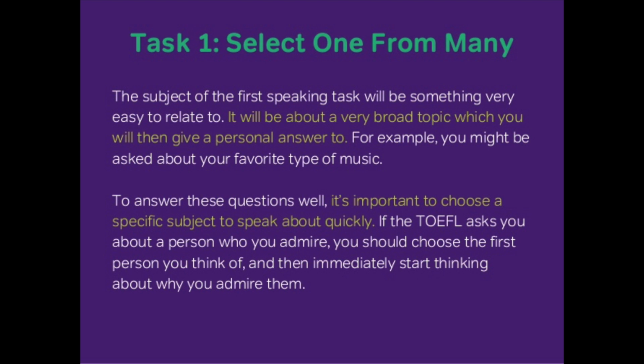Let us talk about the first task. The first task is the independent task. In this you are given a topic, and this topic may be about social or cultural issues or an ongoing topic in society. You are given 15 seconds to prepare, and a further 45 seconds to say your response. ETS hires a lot of professionals who listen to your response and then grade you on raw points of 0 to 4, and you get a further score of 0 to 30 from all the tasks. So this is the first task, which is the independent one.